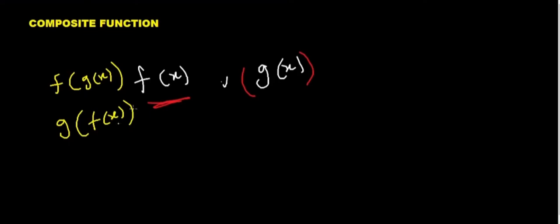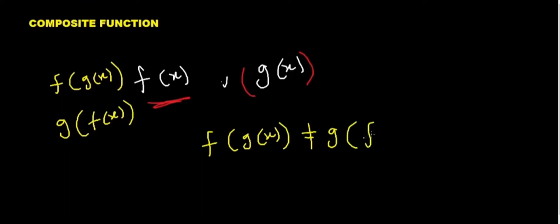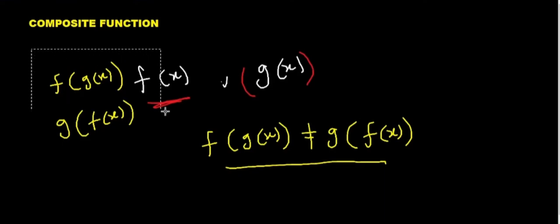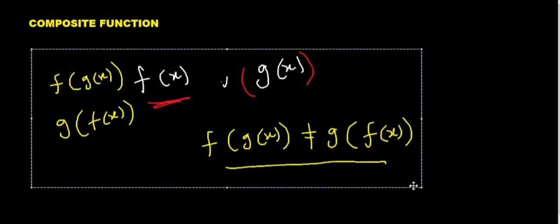It can be this, but don't forget that f of g(x) is not equal to g of f(x). It's not equal. You need to note this, very, very important. They're not equal. All right, so let's take an example of what a composite function looks like. Let's quickly take an example of what this looks like. All right, let's see. Suppose we have a function f(x)